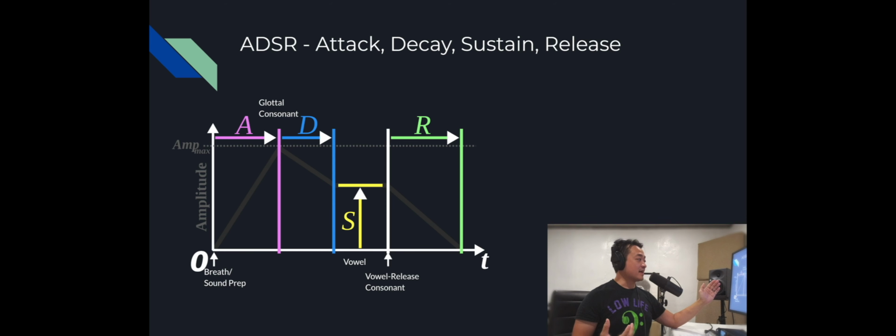So there's a glottal, and that's the actual attack. And from there always follows some sort of decay or increase. It's really a decay, but that decay becomes the initial part of our vowel in which the vowel is sustained.